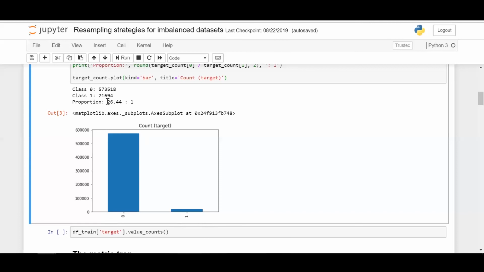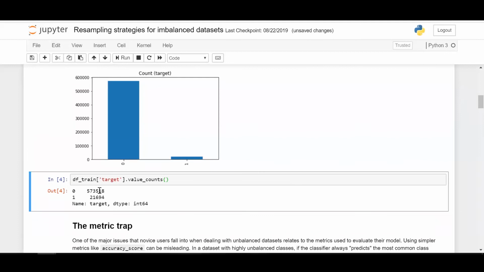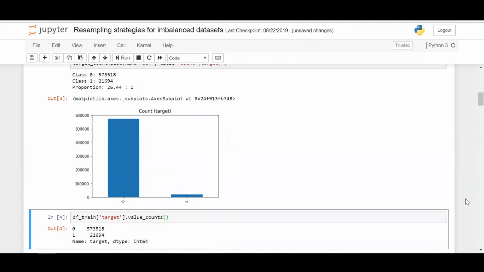The ratio is 26.44 to 1. So there's a massive class imbalance here. Look at the counts: it's almost 5.7 lakh for 0 and 21,000 only for 1. This causes trouble when you build a machine learning model and get into the metrics that lie underneath it.